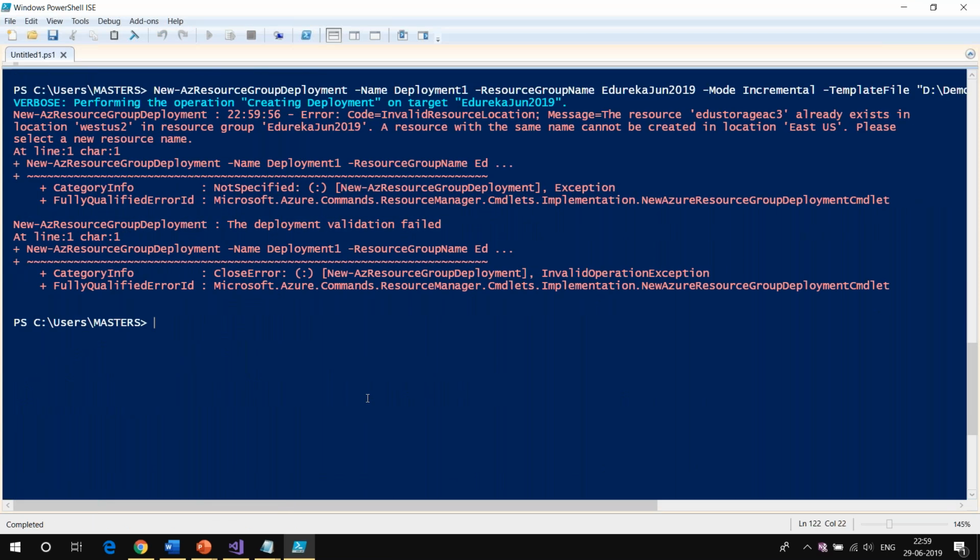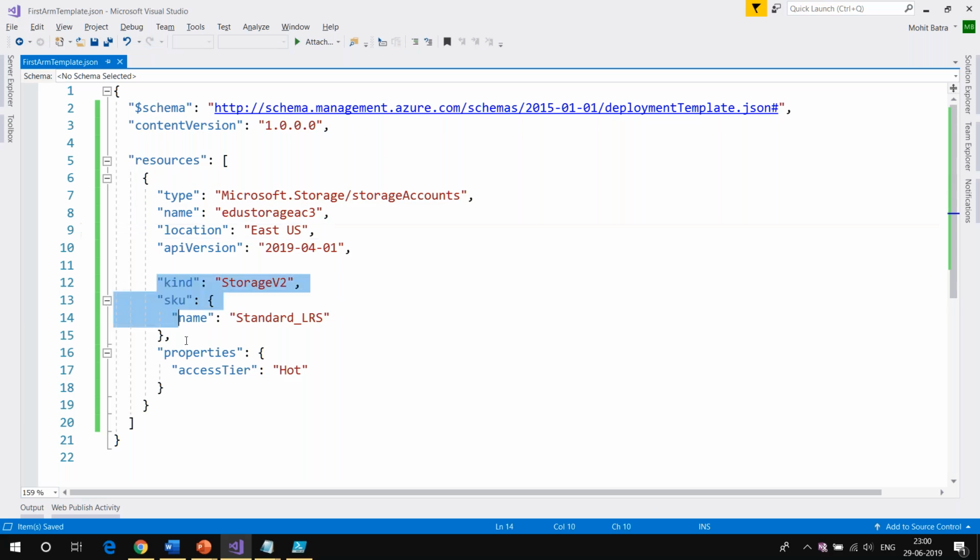Can you see this? No. So now let me show you this. If you change some of these properties, some of them are configurable, so they will get updated. But you cannot change the location or the version of a particular storage account, or in fact any resource.